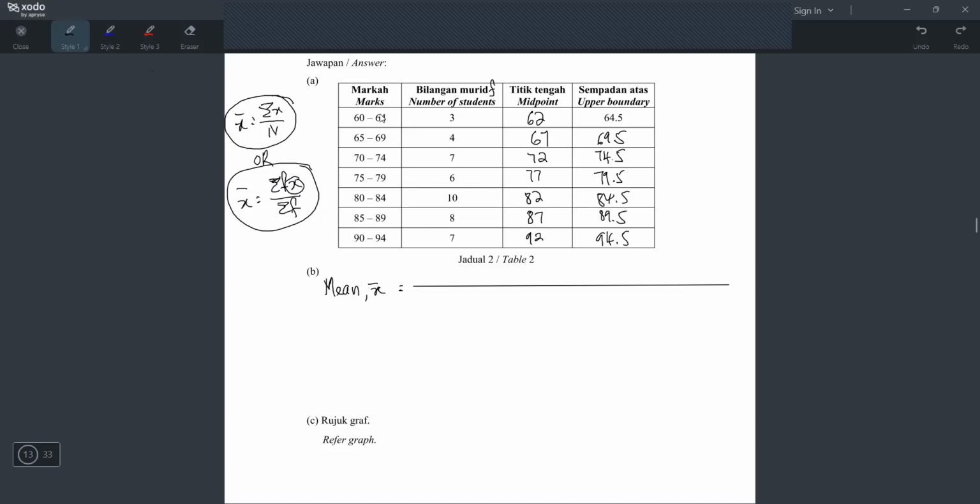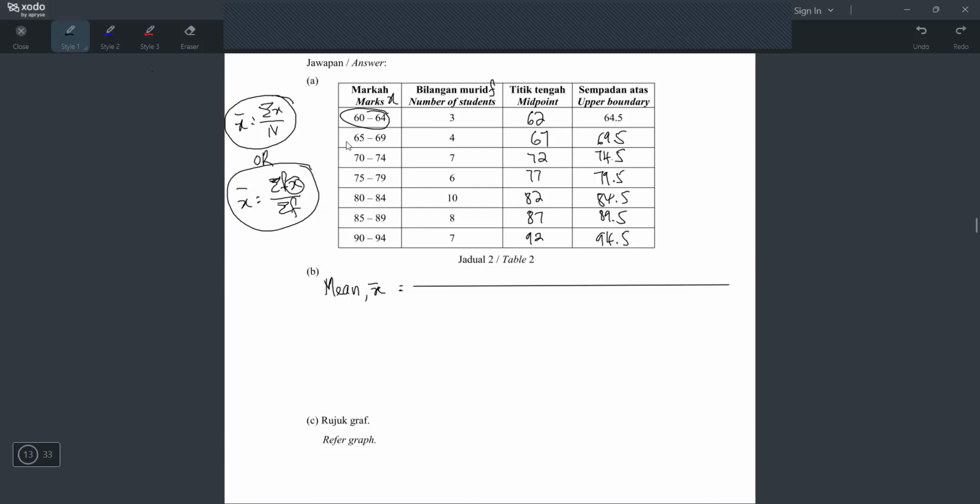Inilah X. Alright. So what you have to do is you have to take frequency, which is 3 darab dengan X, right? But look at this. This is group data. So bila dia group data, you nak darab dengan 60 or 61 or 62 or 63, 64. Sebab 60 sampai 64 ada banyak nilai. So you kena choose yang mana.